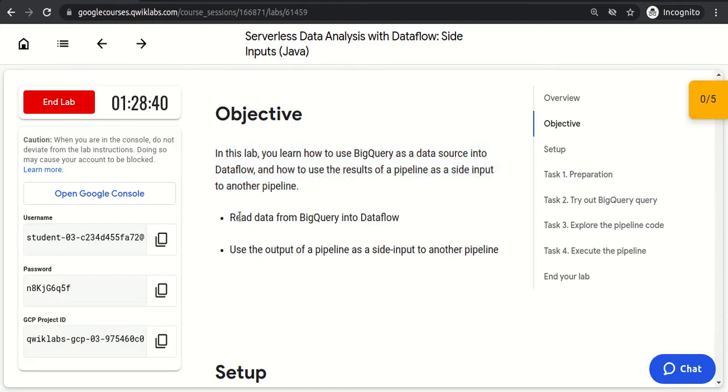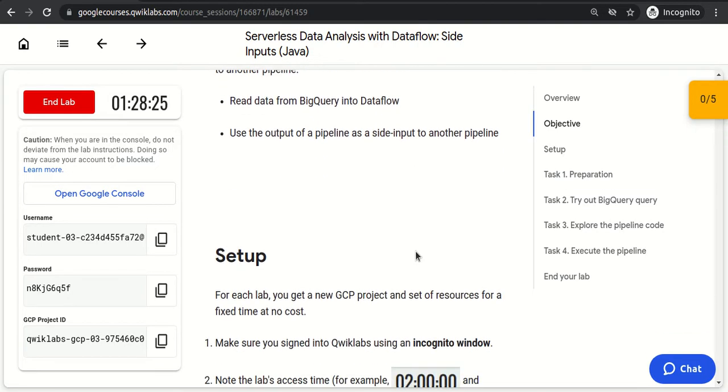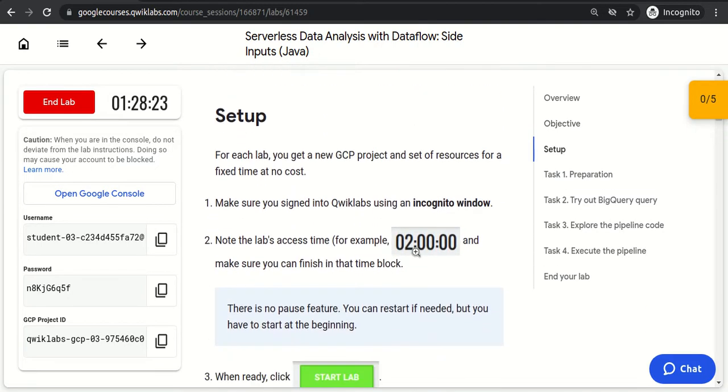So we will read the data from BigQuery into Dataflow, and use the output of the first pipeline as a side input to another pipeline. Side input means the output of the first pipeline goes as an input of the other pipeline, not exactly input, but it combines in between.